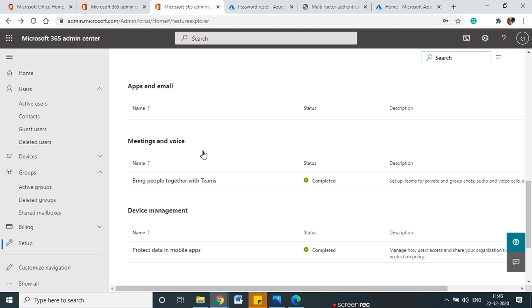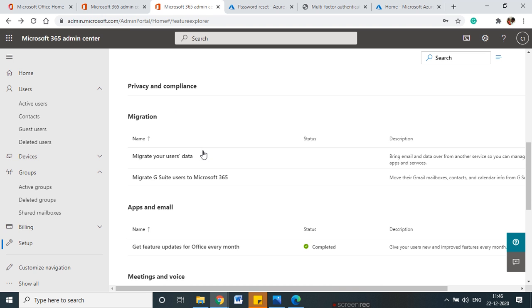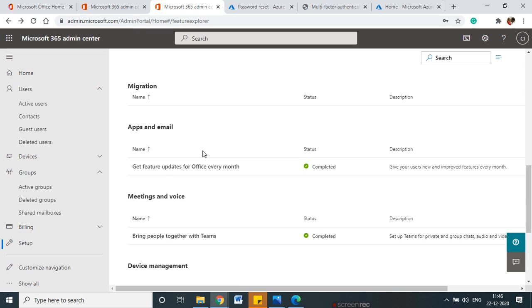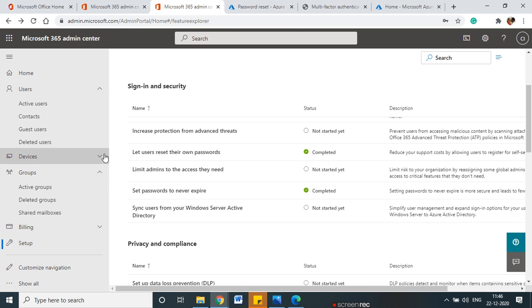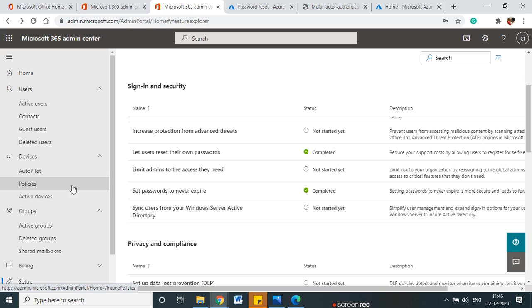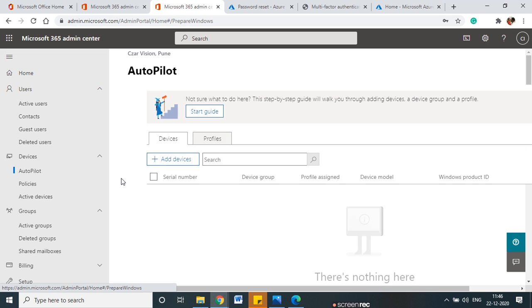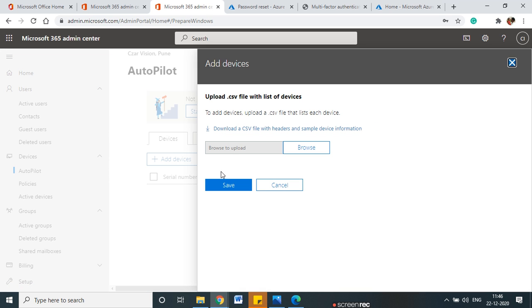So there are different policies here. You just explore what the purpose of each policy setting is. Now here we can see devices, autopilot, policies and active devices. If I go to autopilot and click add device, there is a recommendation to download the CSV file header